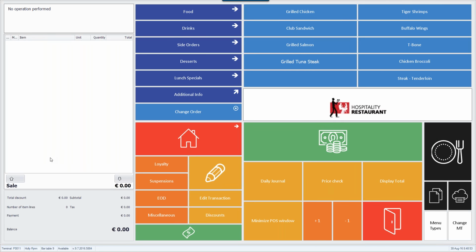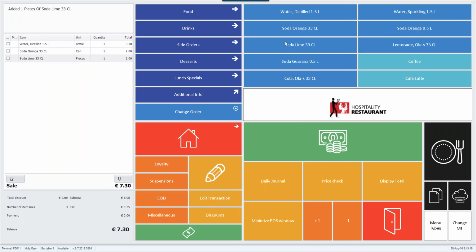And we can use menu types. And for menu types, you indicate which drinks are to be served with the starters, which meals you are selling are the starters. You know, you want to serve those first, and so on with the mains and so on. If we sell a couple of drinks here, I'm not using the menu types as is. And if we sell some food,